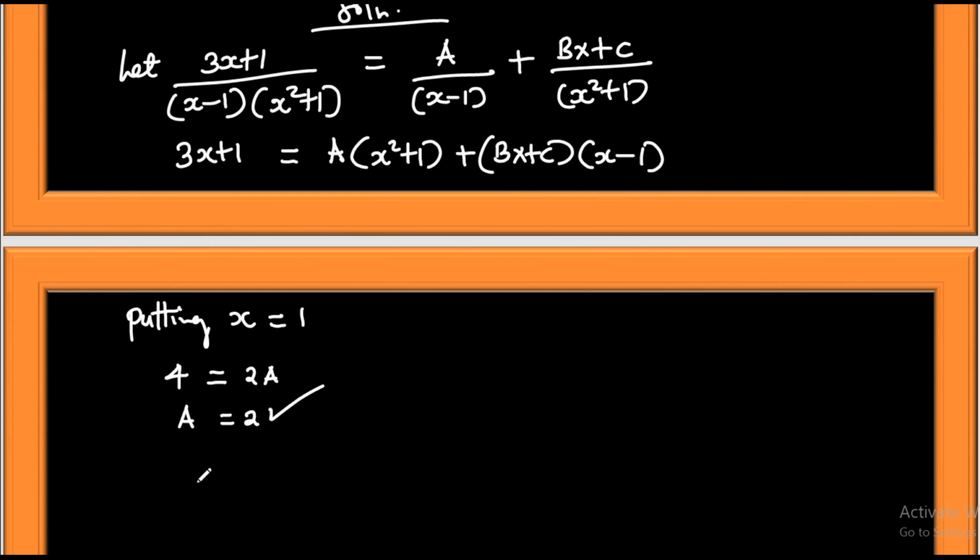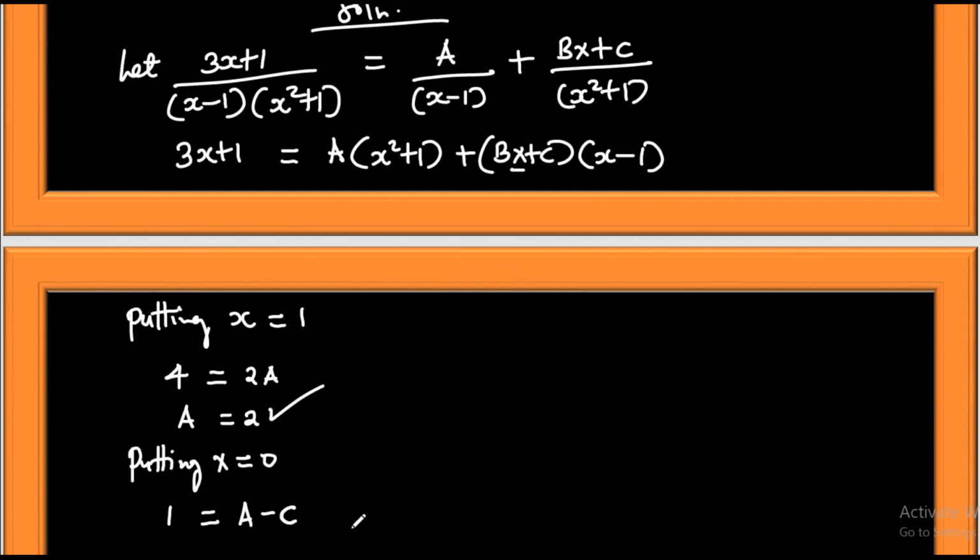The next is we can cover up B by substituting x equals 0. That will cover up B. That means on the left-hand side, we shall have 1. On the right-hand side, we're going to have A when you put x as 0. When you put x as 0 in the second term, we shall have B times 0, which is 0. You remain with C, and 0 minus 1 is negative 1. So multiply by C,